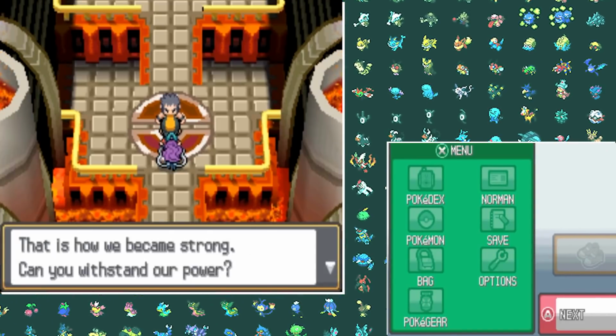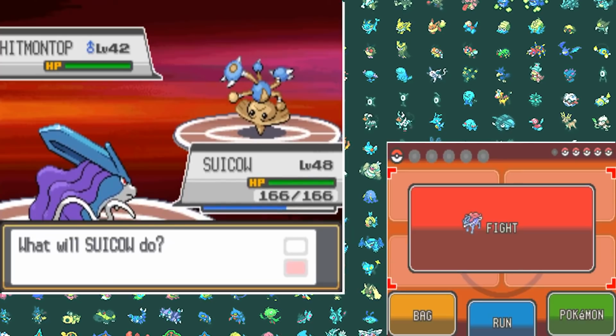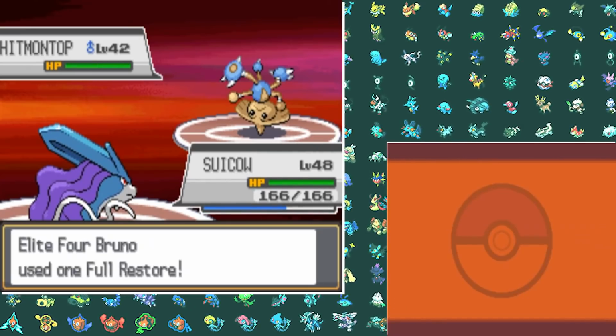Time to head on to the third one, Bruno. Bruno's first Pokemon is Hitmontop, so I go for the Rain Dance to do some more damage with Surf. I then go for the Surf, but it doesn't even take out Hitmontop. He then heals him up with a Full Restore, I go for the Shadow Ball and another Surf to finally